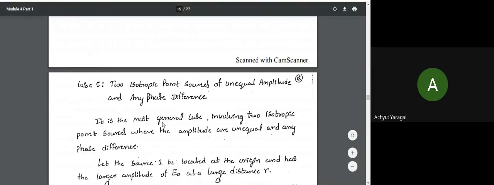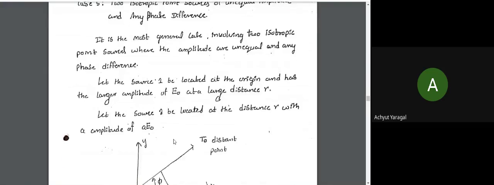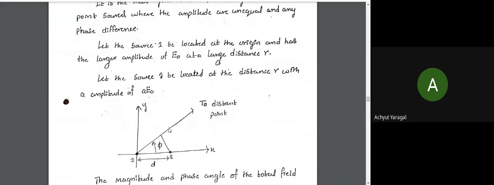This is the most general case, again involving two isotropic point sources where the amplitudes are unequal and there is any phase difference. Again, there will be a little change in the diagram here. Source 1 will be located at the origin and has the larger amplitude of E naught at a far distance, large distance R, and source 2 is located at a distance